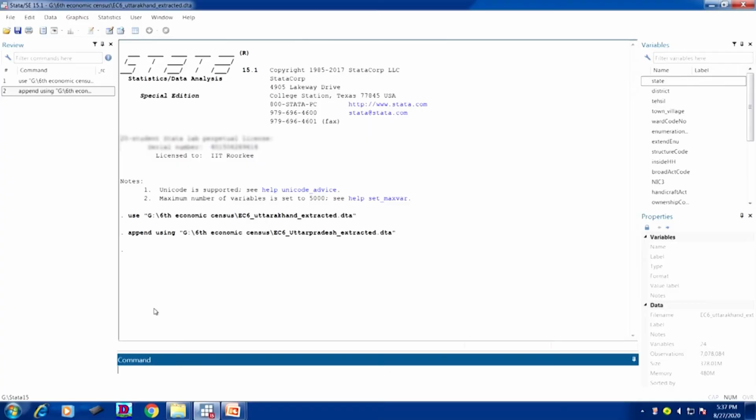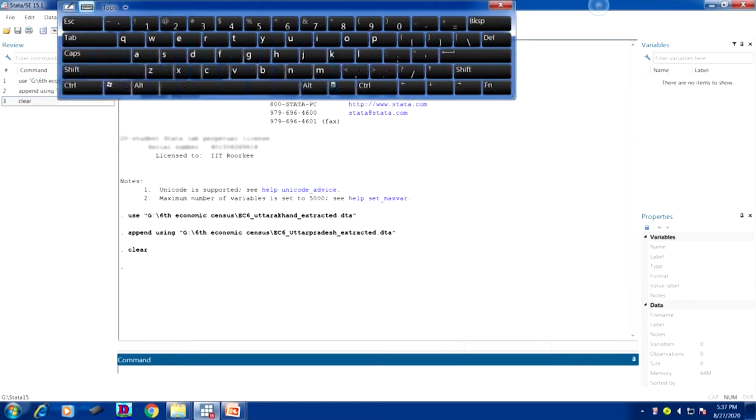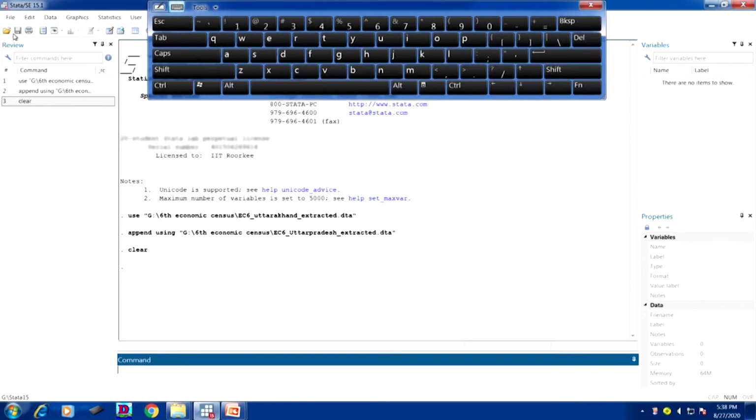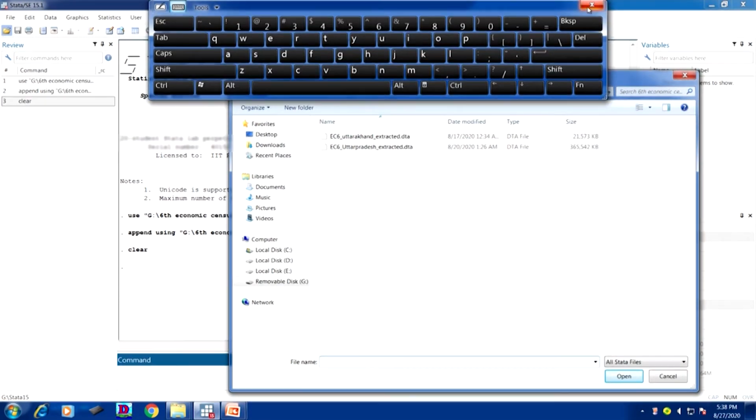So we are supposed to open the 7th round of NSS, and let me open that before you. Since a data set is already open, let me clear that first. I am just doing that exercise. Now that data set is clear. So what we are going to open is the 7th data. For us, we are trying to simplify for you.